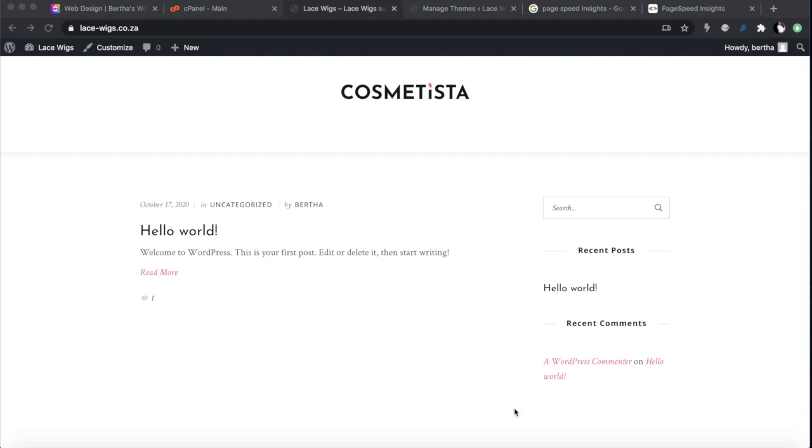So now we're looking at our new website. What I want to do now is to do a quick test. And as a good web designer, you need to have this in mind. As you build your website, you've got to build it for search engine optimization and search engine best practices as you go along. This is not something you must leave out at the end and try to fix it later when everything is done, okay? So before we add any content to the fresh installation of our theme, what I like to do